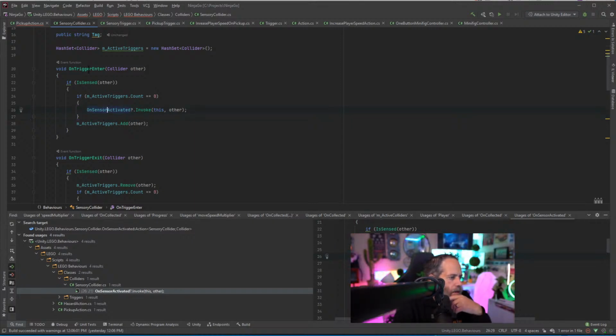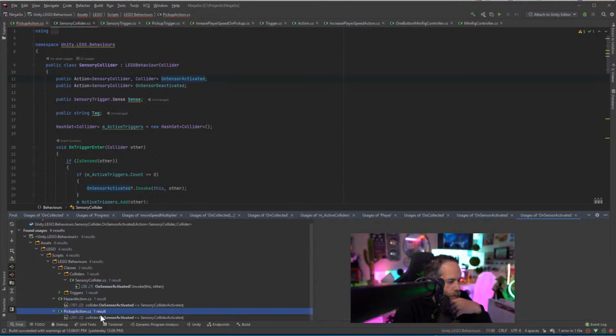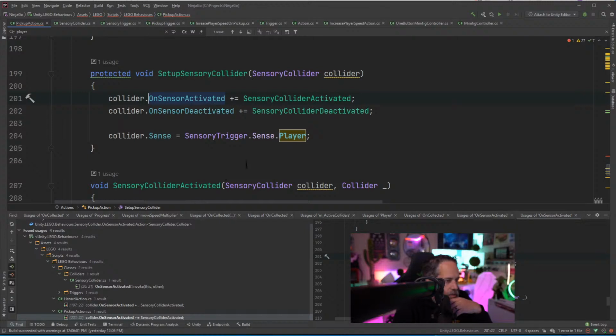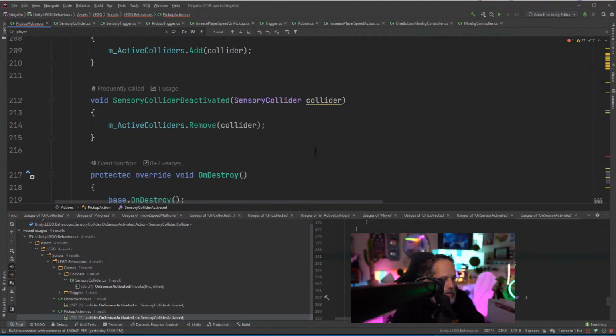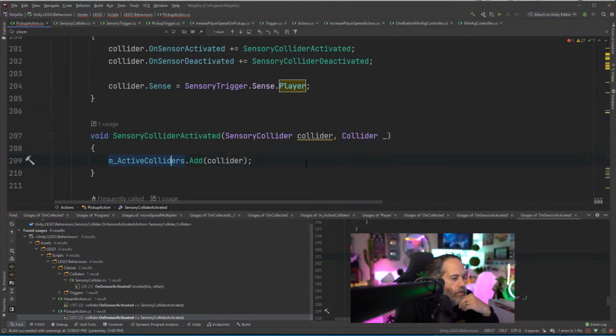So OnSensorActivated gets called here, and then it passes in the other. OnSensorActivated is actually sending in the thing that's getting used. So if we have a pickup action and we get the sensor collider activated method, that gets called and it passes in the other collider that just gets thrown away. But I don't want that to get thrown away because I want to know what the thing is that I collided with. So you know what I could do is just say